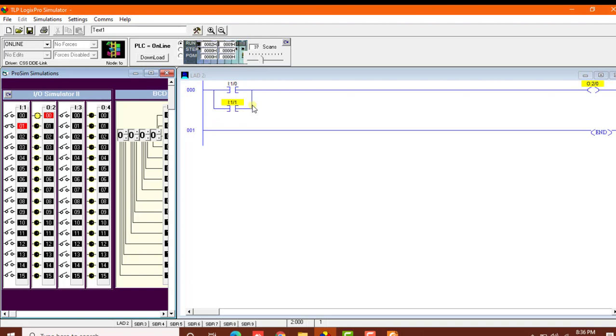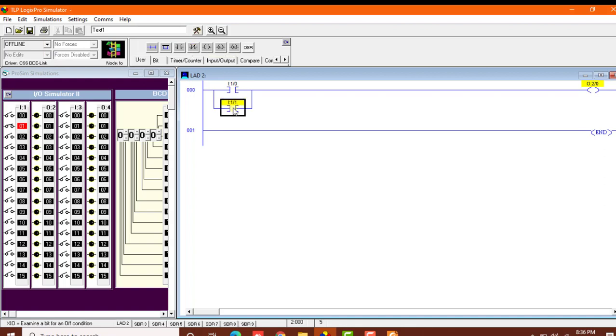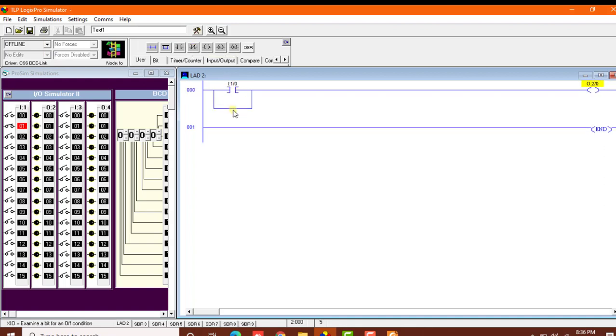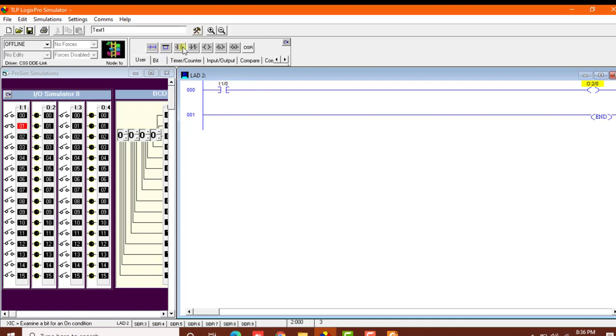So what to do if we have to make AND gate? We'll go offline, we'll delete this from here, and then this branch, and now I just press the delete button after selecting it.